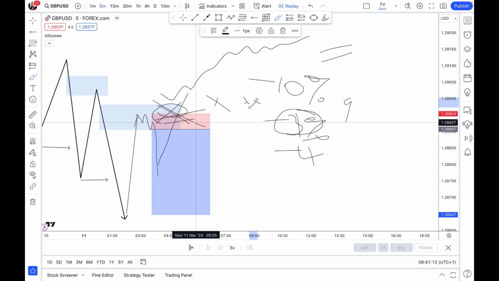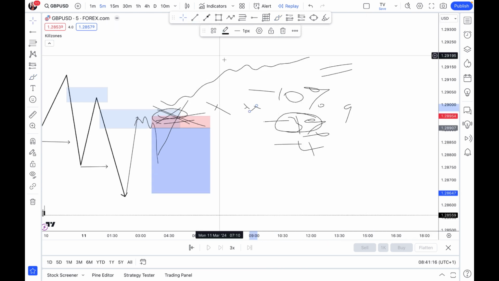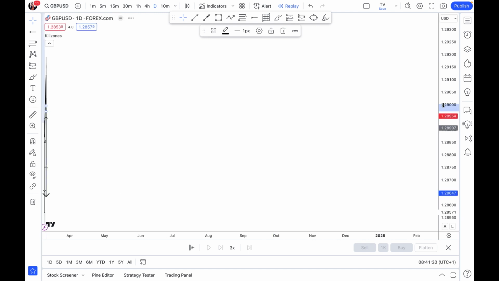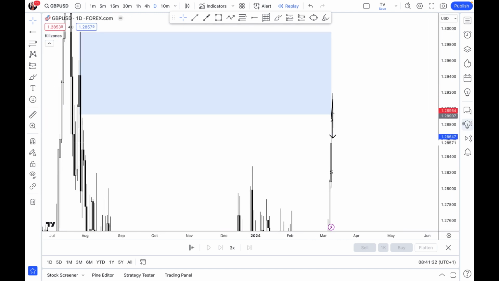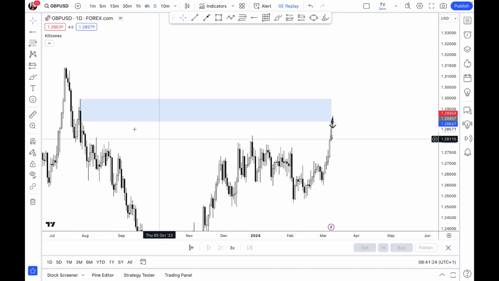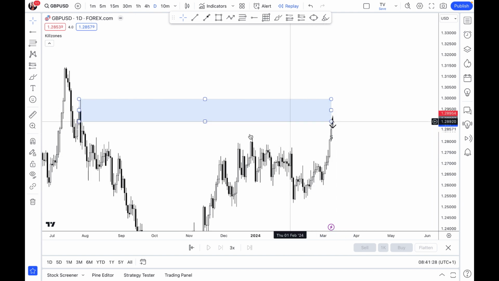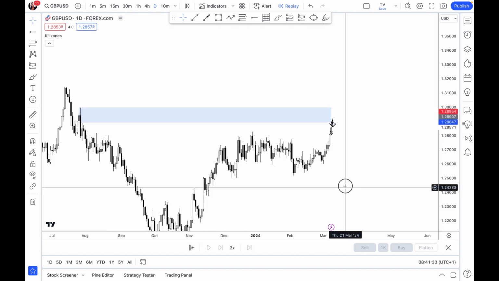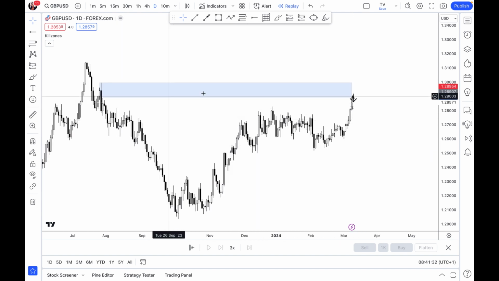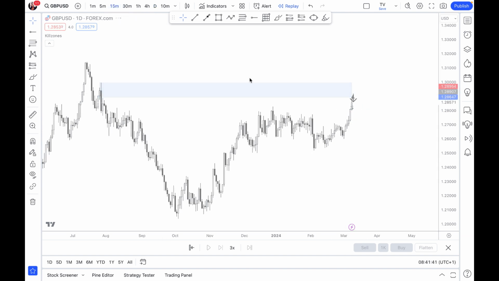Something might be happening economically for the zones to not hold, or if your zones are not holding, you want to go on the higher time frame and check exactly what is happening. Why is market not selling? For example, now on this particular setup, you can see the market has been buying for a long time. You want to step back and look at the weekly, the monthly, the daily time frame to know exactly what is happening. Why is price doing this? Okay, so those are the things to do when your zones are not holding.